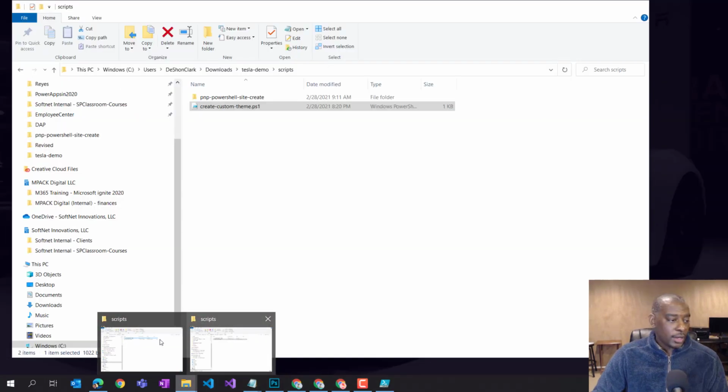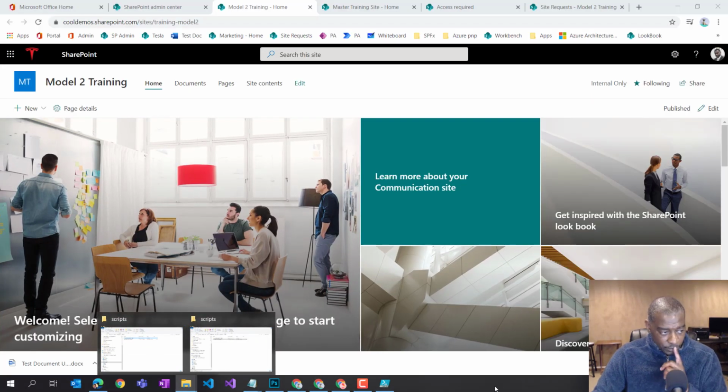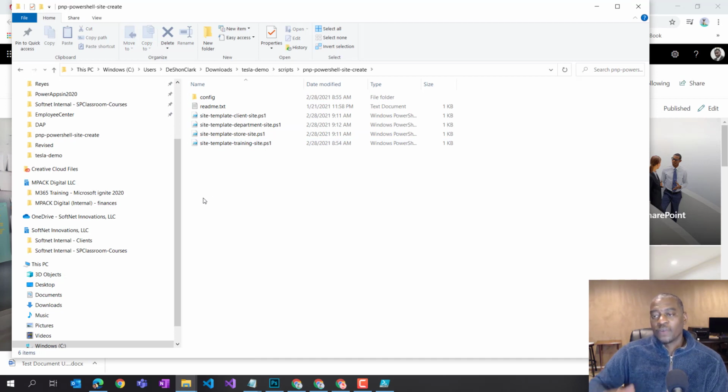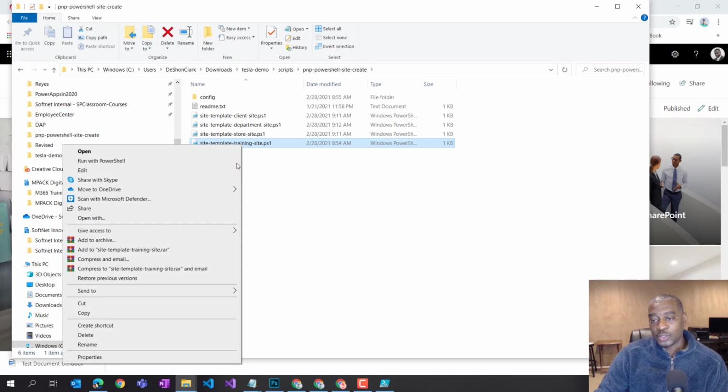This is where, and I think this is my last option, not last option, sorry, this is my last point. Step number 7 is to make sure that you have a site provisioning process in place. And it's probably more of a replication than a provision, because this particular script does not create the site collection, but rather it copies on the master site, the source and target, what the source looks like, and replicates that down to the target. So here I have many different scripts already built up, and I have this one for